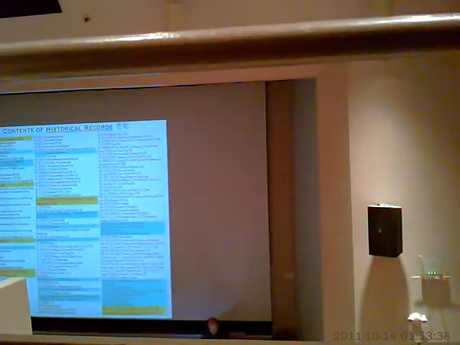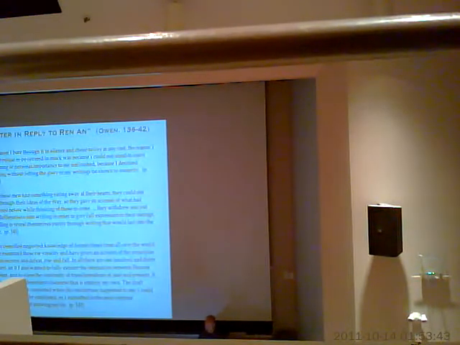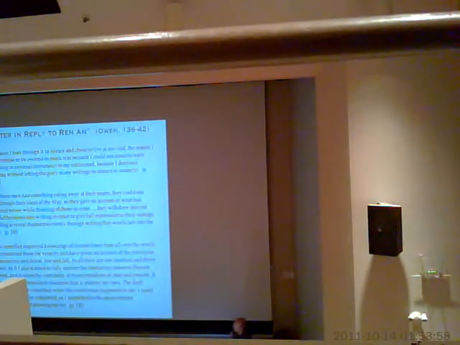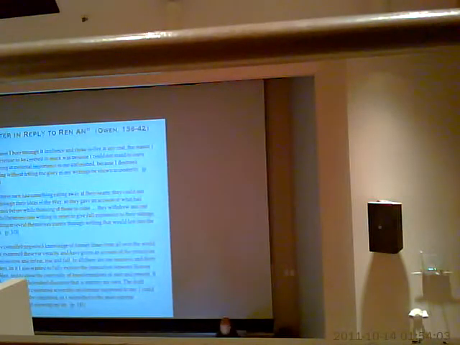In the letter, briefly talk about this letter. It's one of the most famous letters in Chinese history. It was written in reply to a man named Ren An. Ren An said, you were an educated person, you were a great official, and you should recommend like-minded men to serve the government. And Sima Qian was a bit bitter, of course, by how he was treated by the emperor, so he turned down that request, and then gave his reason for why he would rather work on this work of history.